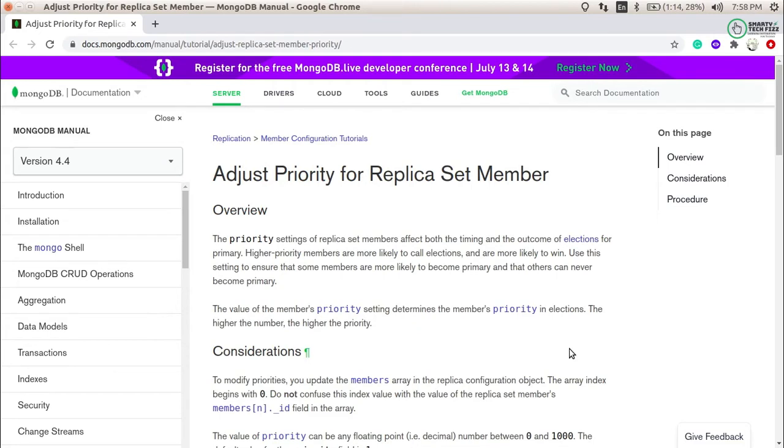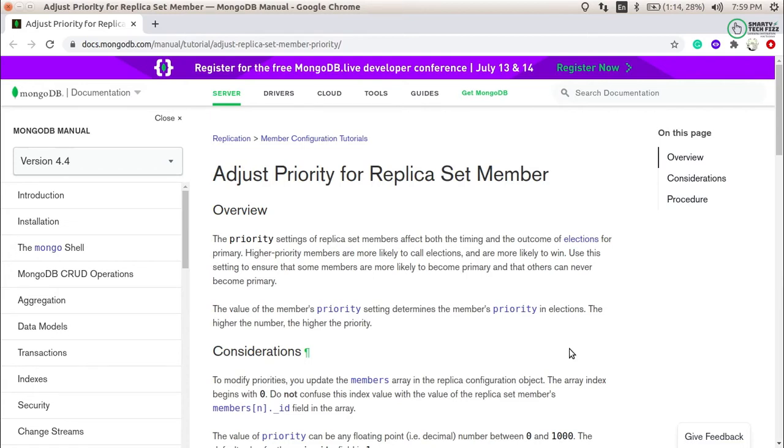Another situation is, in my case, I have to run the compact command. If you have already watched my videos, I have already created a video on the compact command, and it only runs on the secondary server if you are using a Mongo version older than 4.4. So in that case, I have to make the primary server a secondary.